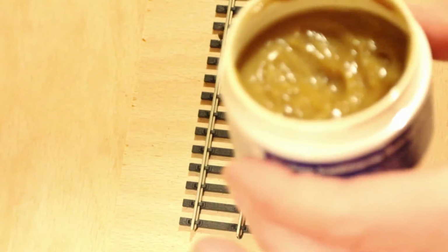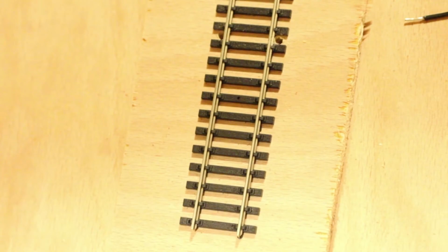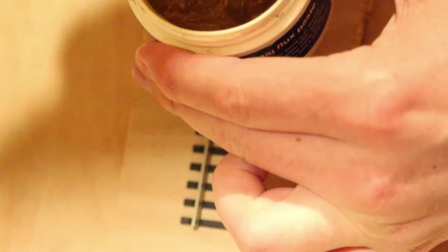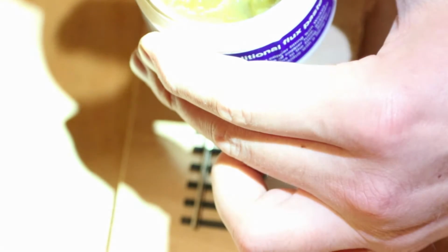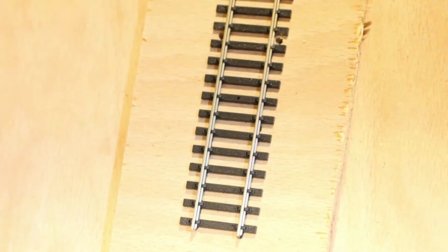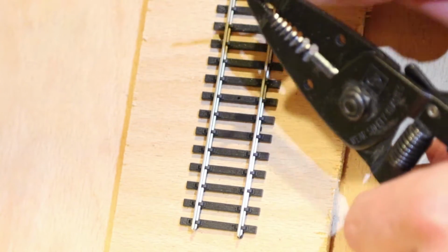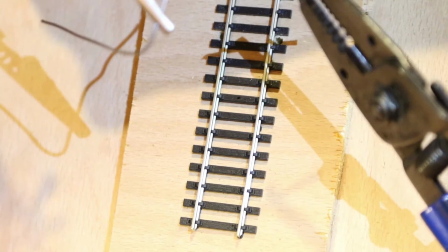So the way I'm going to do that is I've got my flux, just going to dip them in. Torch on. Need to sort out the lighting in this loft. It's not ideal. Okay, so there's those. I'm just gonna hold them with some pliers, and then